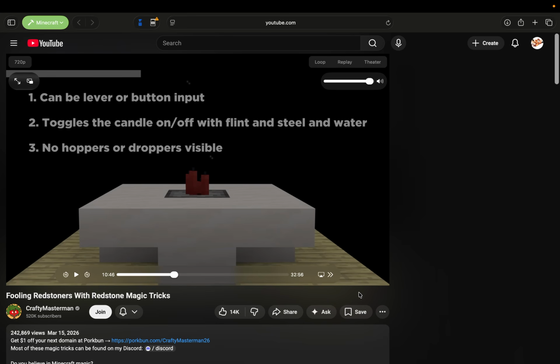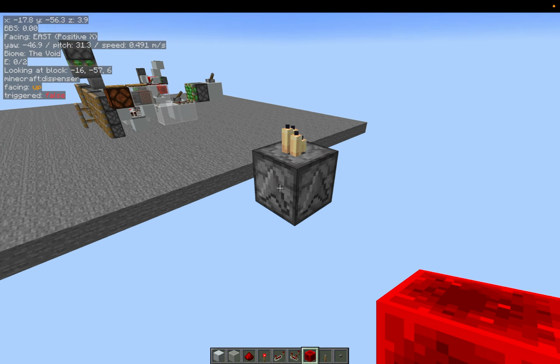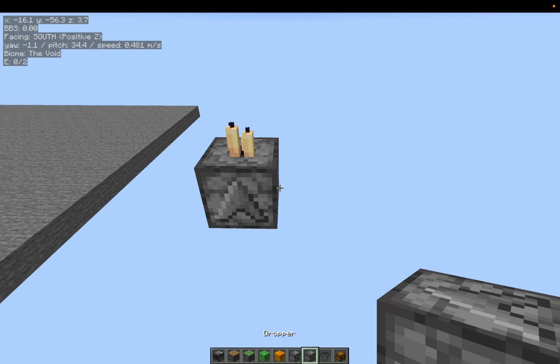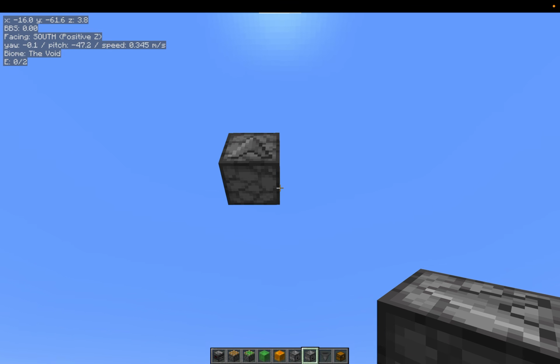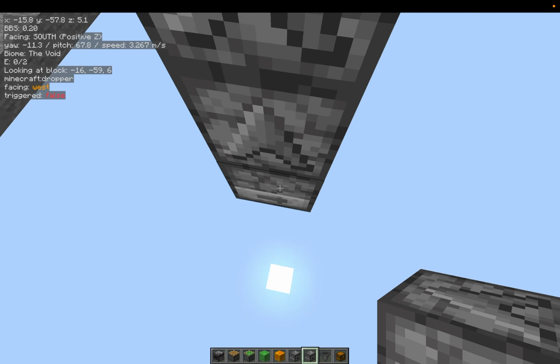Okay, this next one here, we have a dispenser, which the players on screen showed it to be empty, turning on and off a candle using flint and steel and water, it says, with the table around, so yeah, no visible hoppers, droppers on the top, everything below. For doing the stuff below,